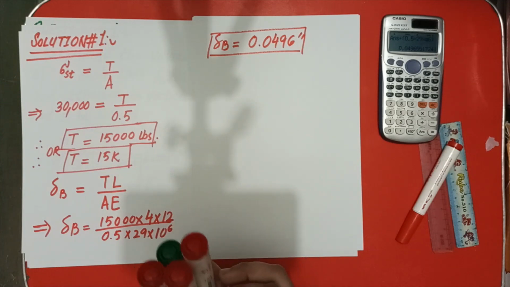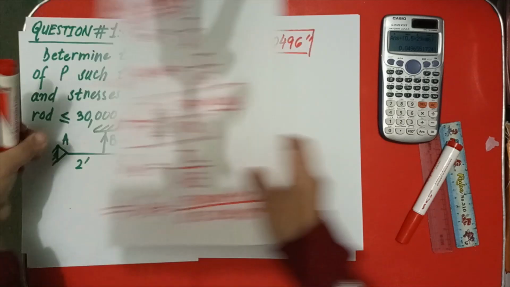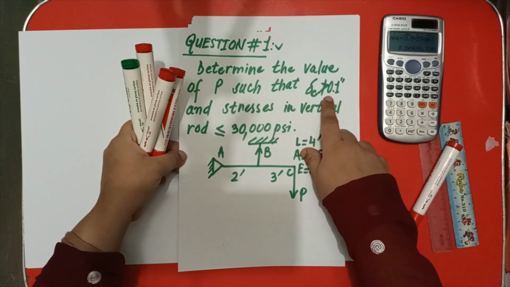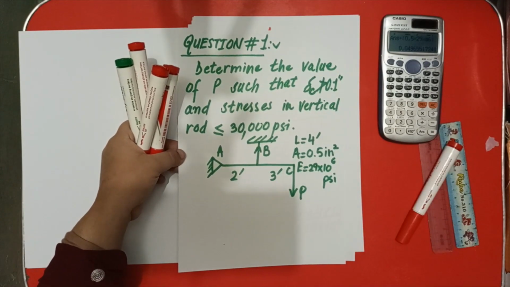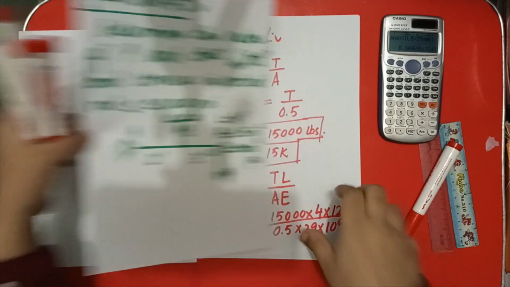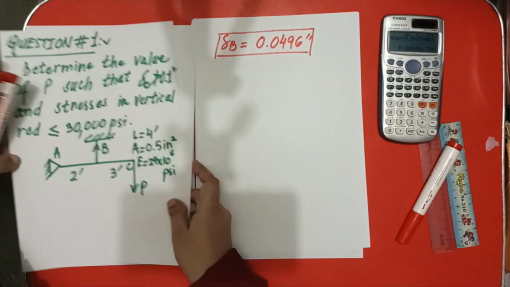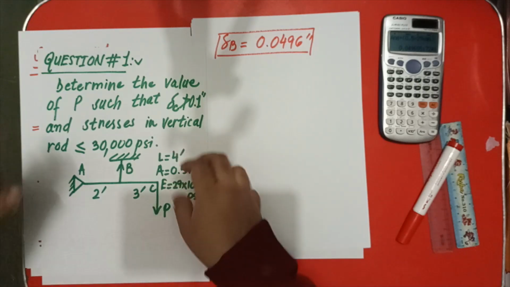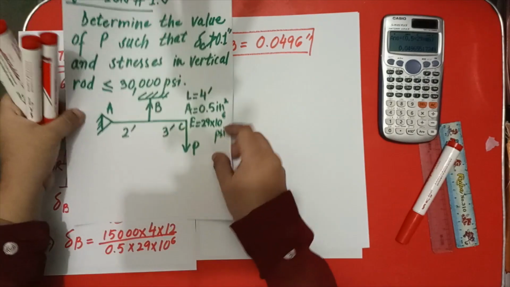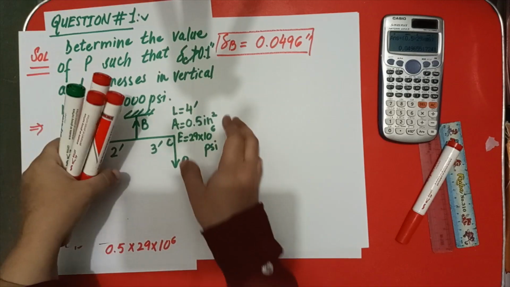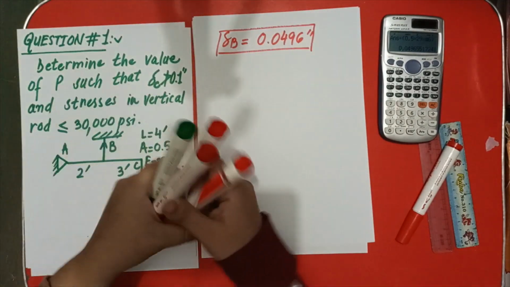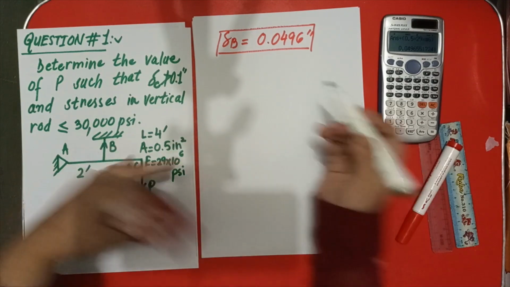So ΔC should not be greater than 0.1 inches. So look here, what is the condition given to us? ΔC not greater than 0.1 inches. So we have to find out ΔC right now. How can we find out ΔC? Let me tell you how you can do that. You have to make the triangle over here. So let me draw the right triangle.